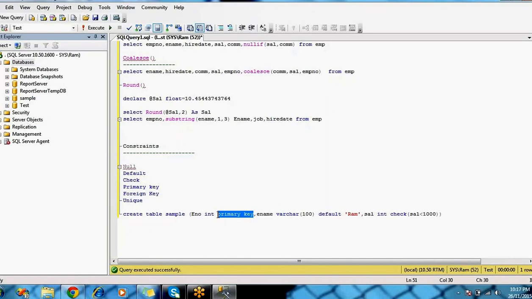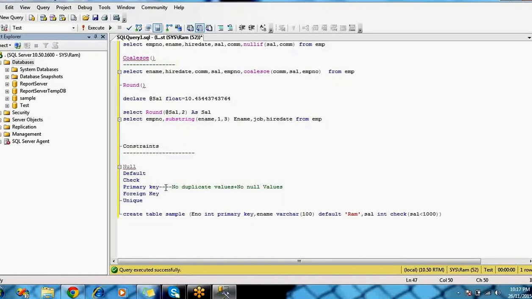Duplicate values means, for example, if 100 is one employee number and you try to insert the same employee number once again, it is not allowing. The primary key does not allow duplicate values, and no null values.